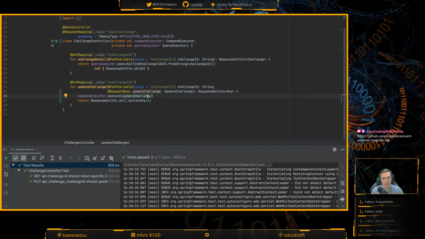The thing I don't really like though is the fact that this contains an ID, whereas this already has an ID. So it's a bit weird. Because if this ID is different from this one, then, you know.